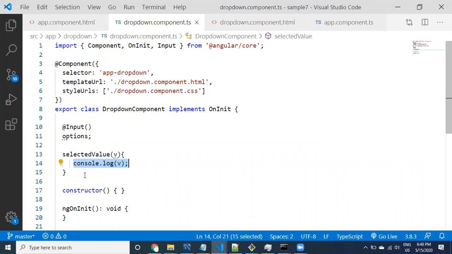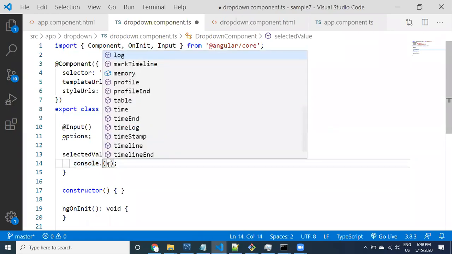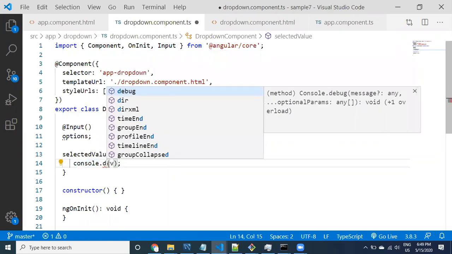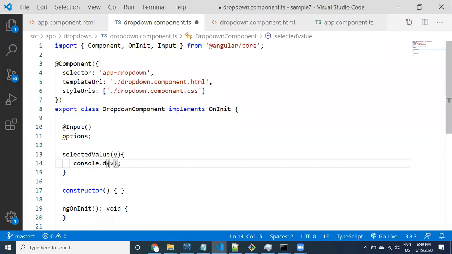Why is using console.log very important while doing development? It gives you debugging information, so you can understand which values are generated, which values are calculated, which logic is working properly and which logic is not working properly. Instead of console.log, you can use debug or some extra methods that are also available. I will explain those things in a little bit.